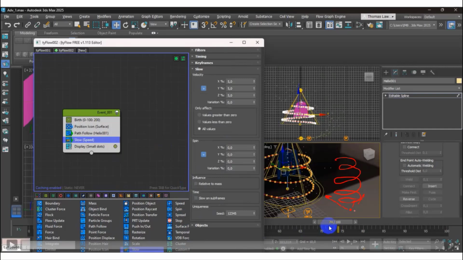Why? Because I think this is the direction from when we created the path. Sometimes it happens. That's why you need to choose the path, and then go to editable spline here. You can choose reverse to make sure the direction is correct. Okay, we continue.